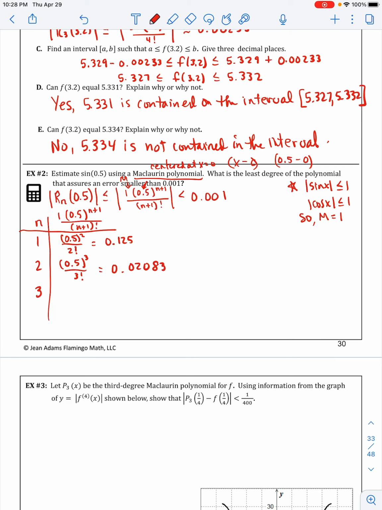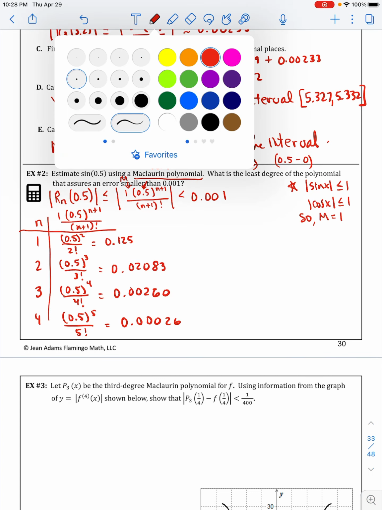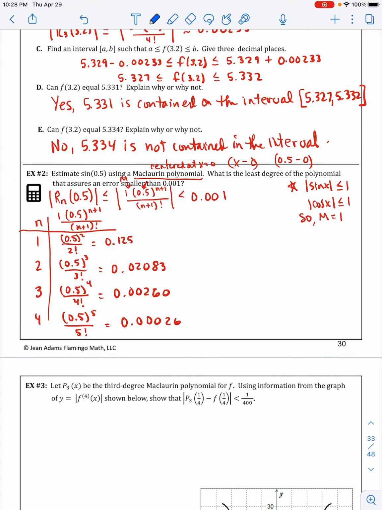If n is 2, you're going to have 0.5 to the third over 3 factorial, and put that in your calculator, 0.02083. If n equals 3, you have 0.5 to the 4 over 4 factorial. That's going to be 0.00260. What if n is 4? 0.5 to the 5th divided by 5 factorial, which gives you